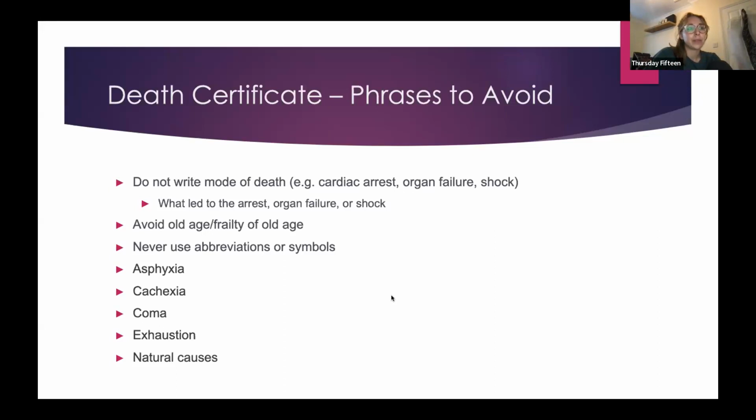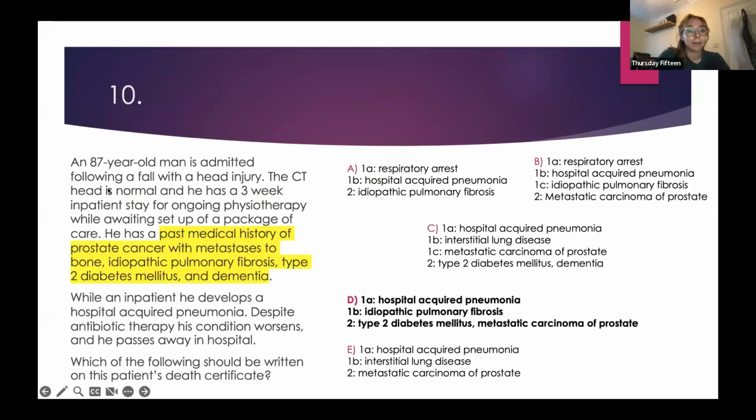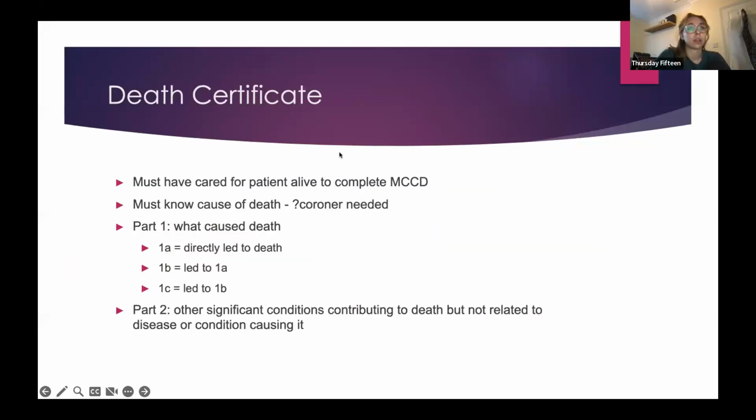There's tons. So if we felt someone's death was unnatural, or their cause of death was unknown, or the death might have been due to neglect, or self-harm, or violence or trauma. So say if this man in our question had come in with a fall and a head injury, and his CT head had shown a massive bleed, and then he died of that bleed, that death would have had to go to the coroner's court. Yeah, so there's a big old list. The Geeky Medics have a really good list of when to refer to the coroner's court. So I would advise that you look at that, especially if you've got an OSCE coming up, because that's something they could ask you about.